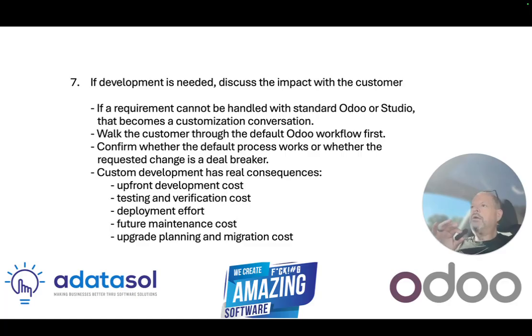And if they're still saying, no, we have to do this the way we want it, you need to make sure that they understand that there's going to be significant upfront development cost, significant testing and verification cost, some significant effort to get it deployed because you're now working in staging and live, future maintenance costs to maintain that code, and when they're migrating to a new version of Odoo, you're going to need to plan and